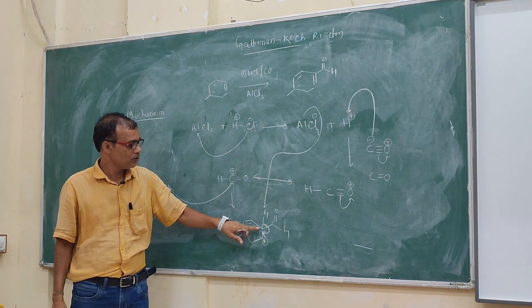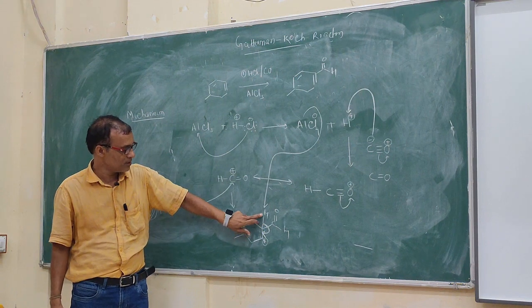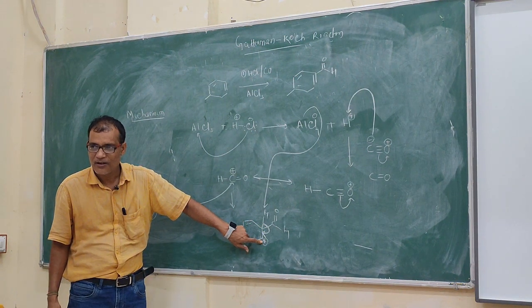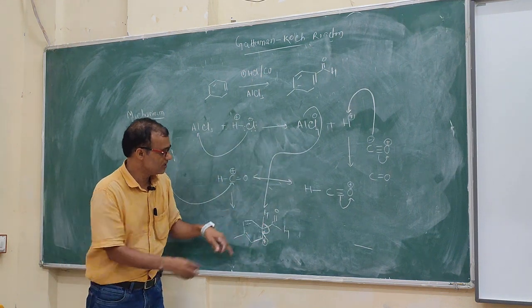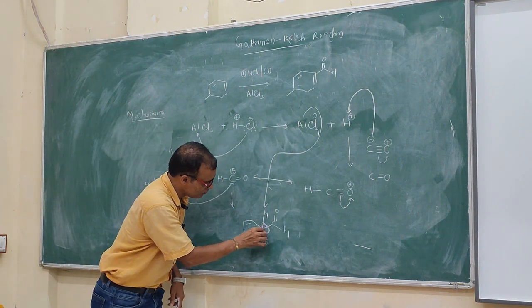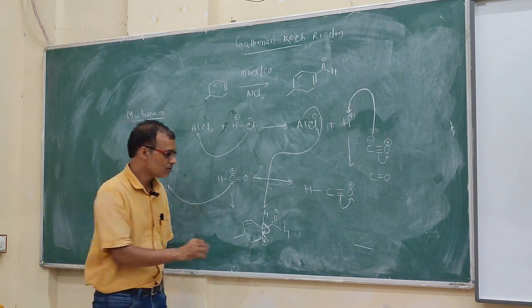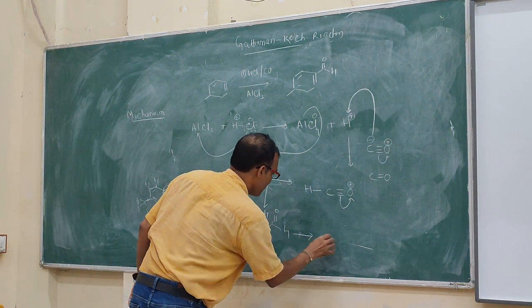H plus. That means it will leave what? Minus, because this bond has 2 electrons. This minus and this plus will be a double bond. Or the same thing I do: this takes this, that means this bond pair goes to this carbon-carbon bond and it makes a double bond. So finally, you end up with,